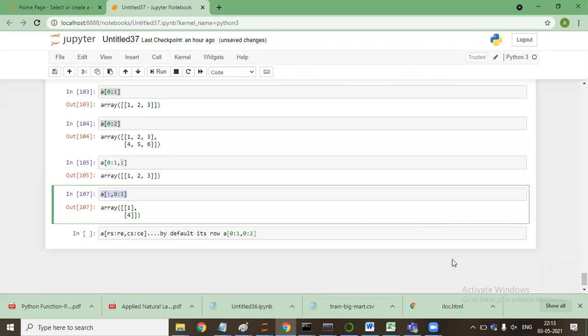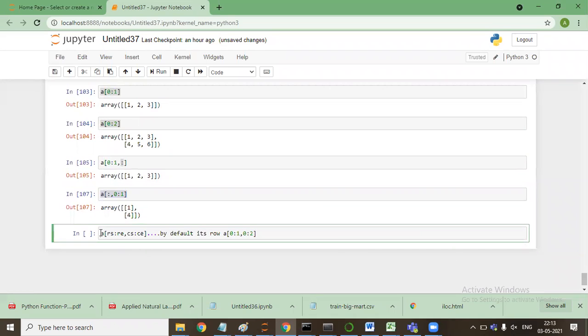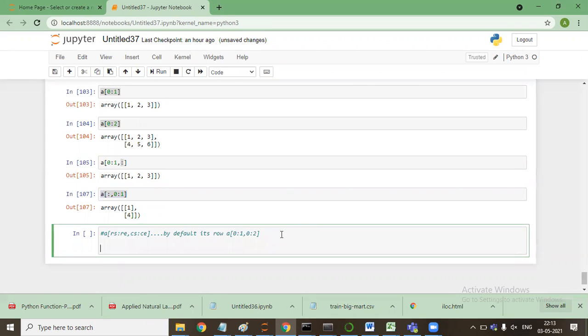If you have any doubt, you can ask again. I'm fine to repeat it. Why can't we address it like iloc? No, that is the format. A small a will remain small a only. We cannot call it a capital A. Both the things are different. Here it is a NumPy array, that was pandas.